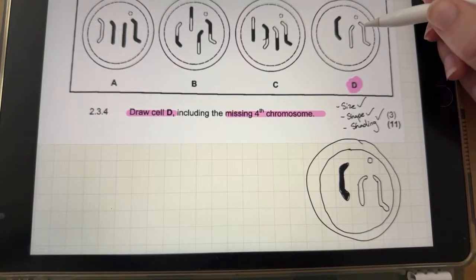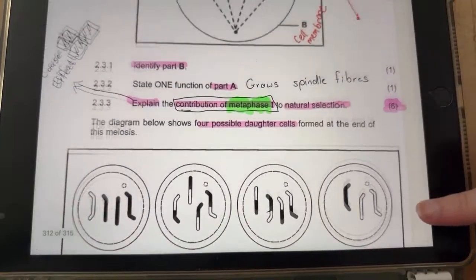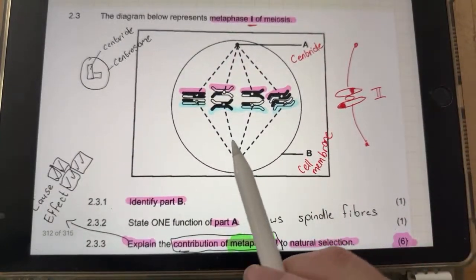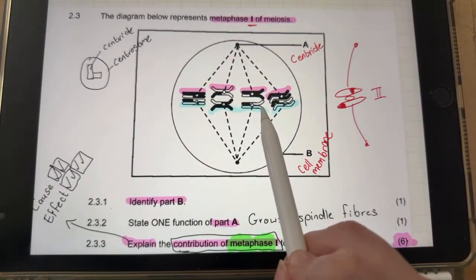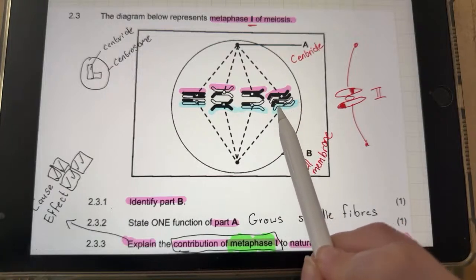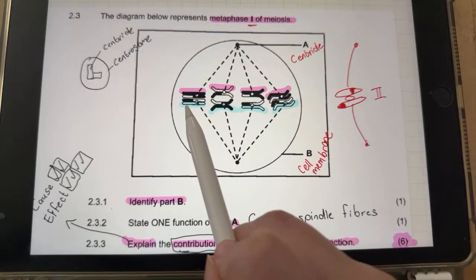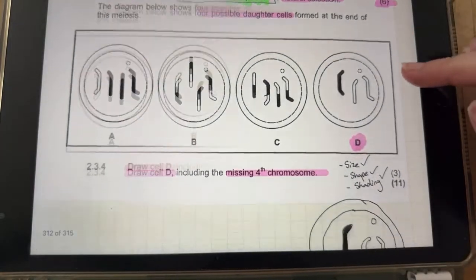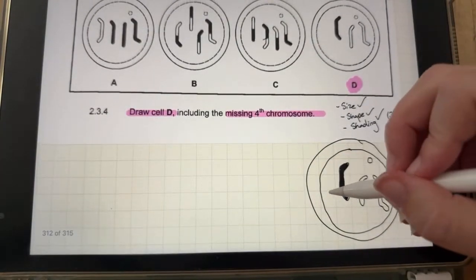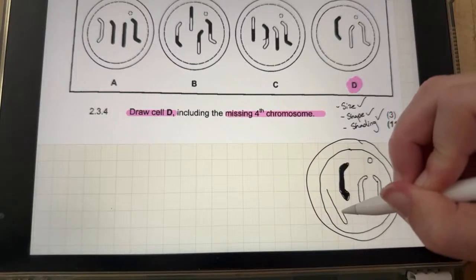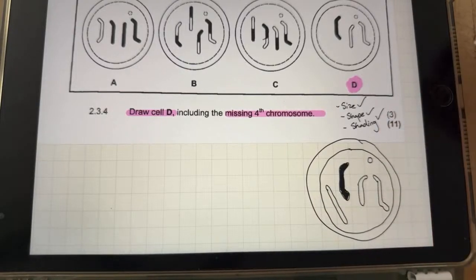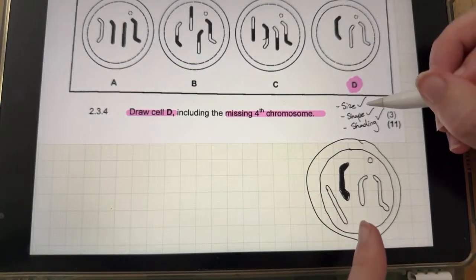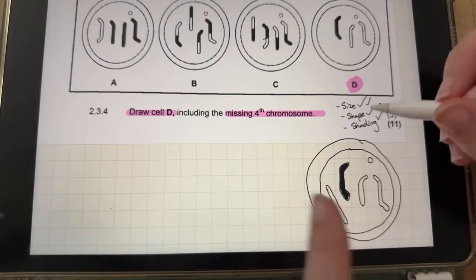So we've got this one that looks like a Z and one that looks like a little letter R. Let's look for the missing one. So we've got one that looks like the R over there, one that looks like the little Z. There is the shaded one. So this last one, you see, is straight. You have to draw it straight, like that. If you don't get the shape right and the size, you are not going to get your marks